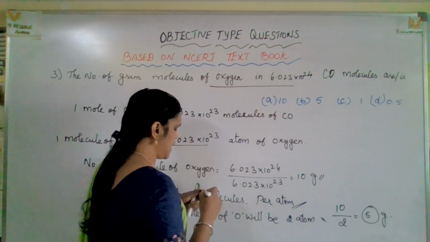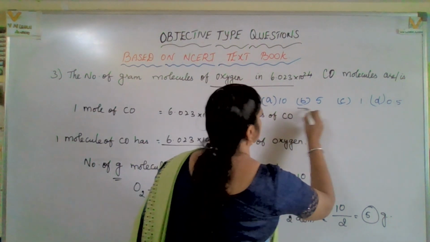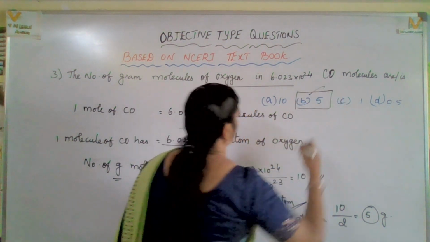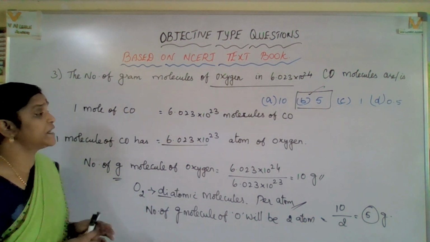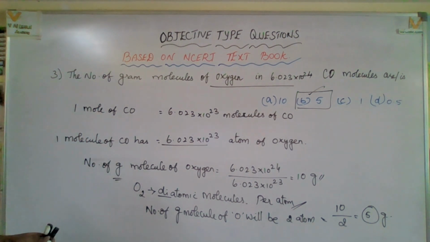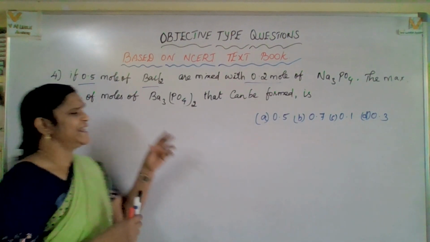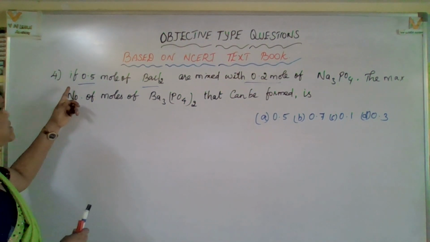I hope you got a clear idea. Okay, now which is the correct option? Can you guess? Option B is the correct option. Yes, got that idea? Okay, now let us check some more interesting questions. The next question, it's very simple. Logical way you have to think. Come on, let's go and see.